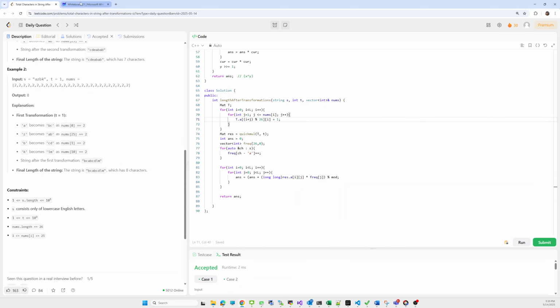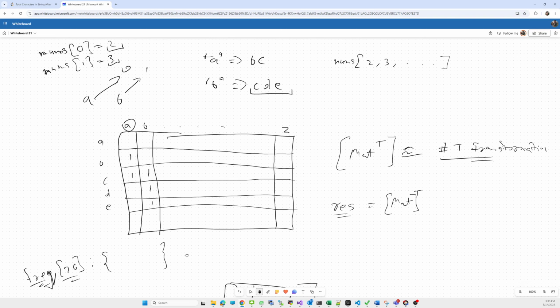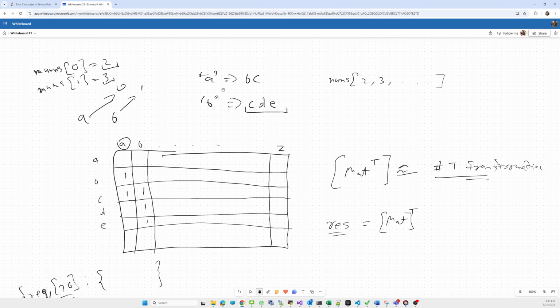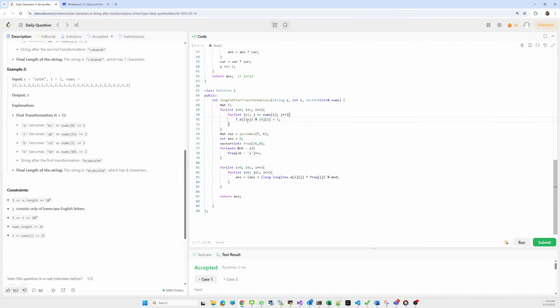For example, if the value corresponding to a is 2, then we have to append b and c. So we update the i plus j values impacted by the ith character. Based on that, first we take the single transformation t, and then do the t transformation by taking the power of t.